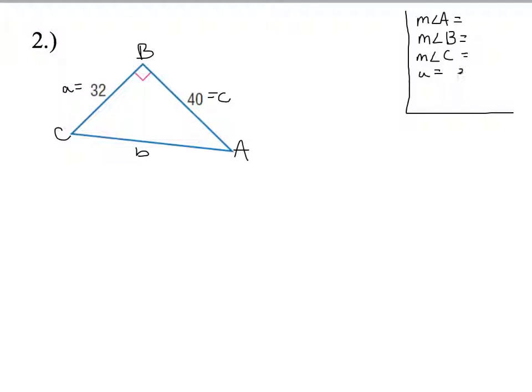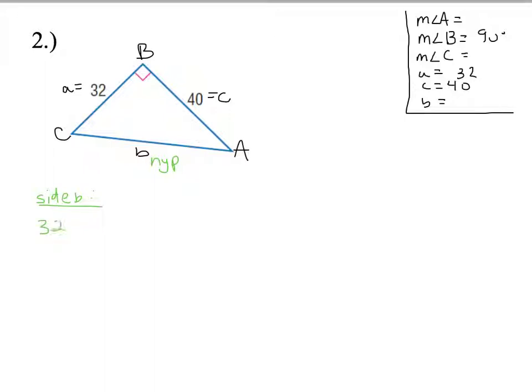Little a is 32, little b is 40. Nope, not little b. Whatever, it's going to be out of order. We'll see. Little b is what we need to find. Oh, and big B is 90 degrees. Okay, so just like the last time, we have 2 out of the 3 sides of a right triangle, which means we can do a quick Pythagorean theorem to solve for our missing side, which happens to be the hypotenuse. So to find side B,